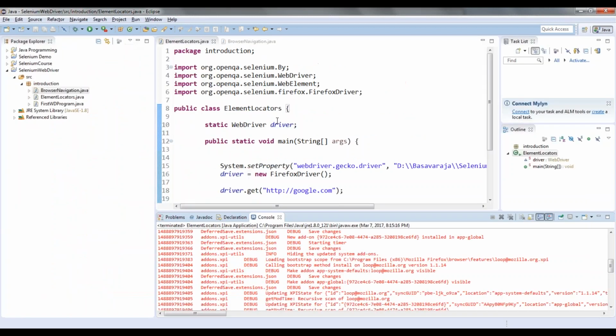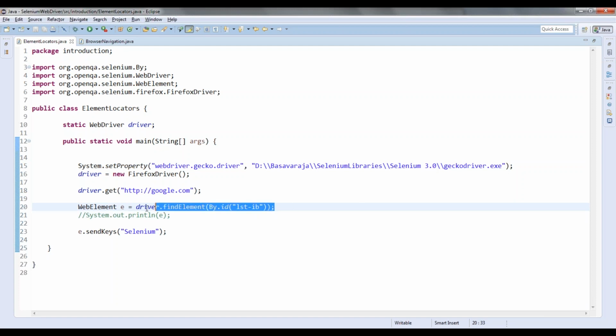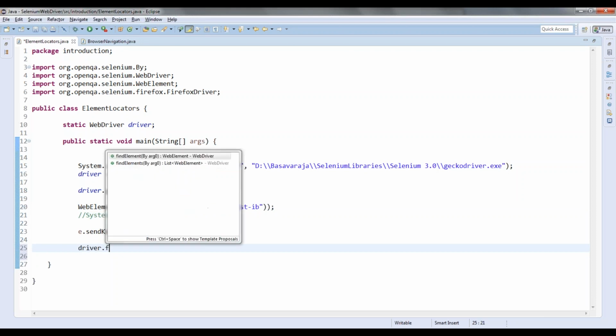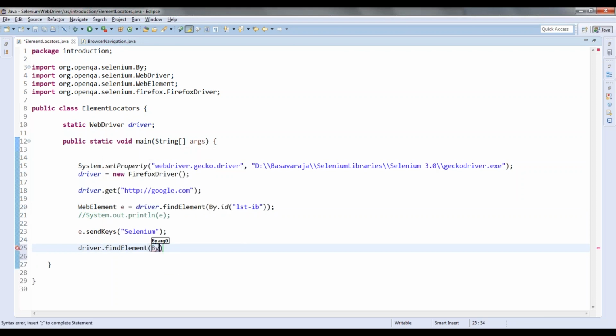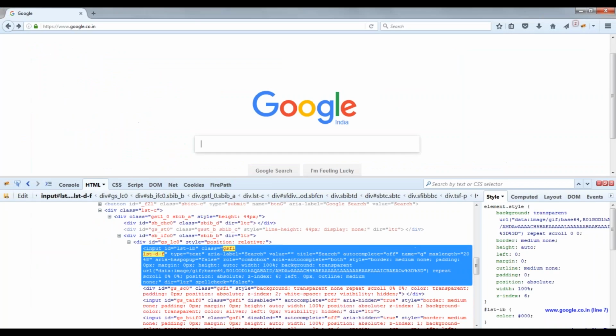So that's about find element by ID. Instead of storing this in a web element, I can even write it like this: driver dot findElement, and I will use one more method, By name. It has a name also; the name is q here.